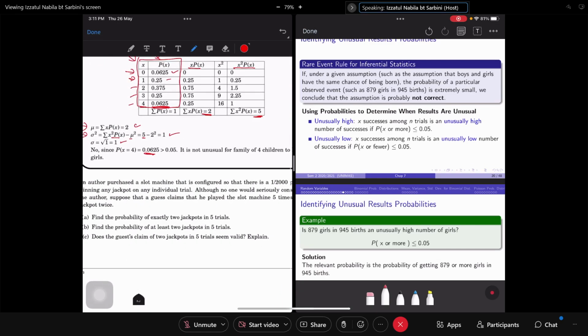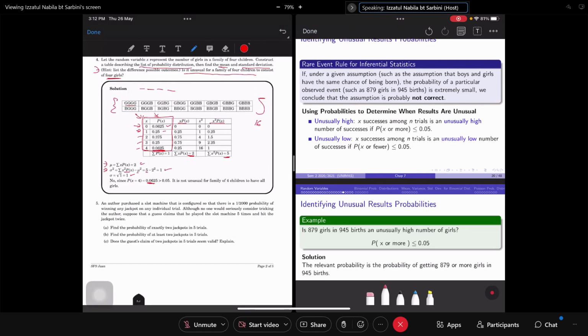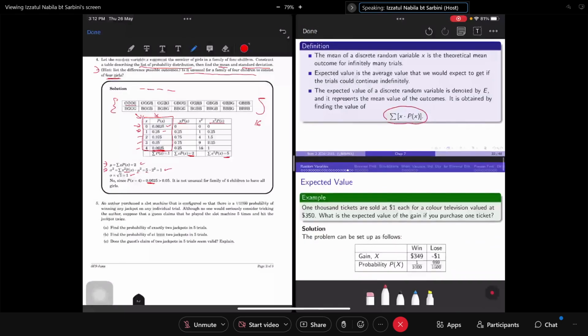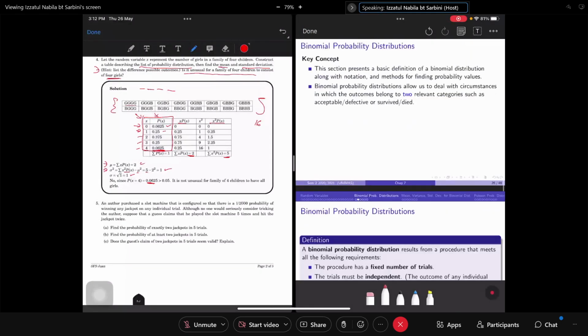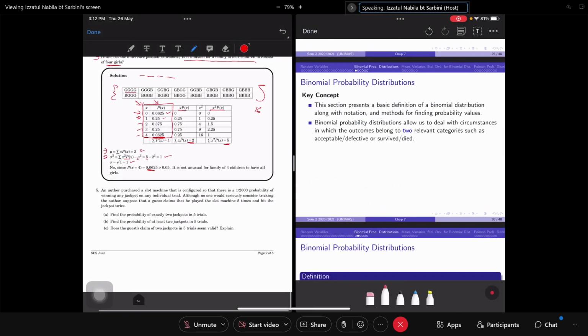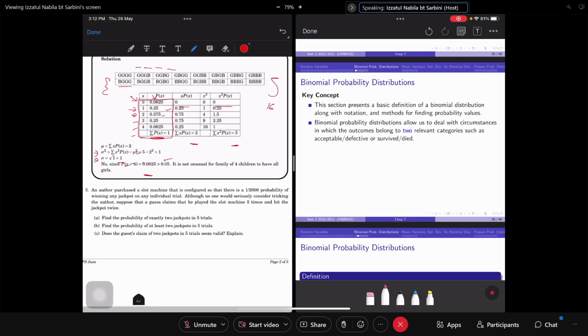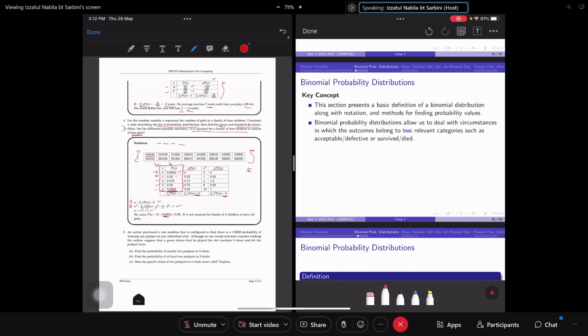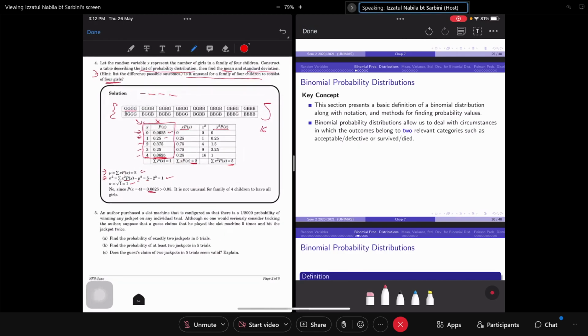Now, question number 5. I think this one is already binomial. Okay, we look at binomial. An author purchased a slot machine that is configured so that there is a 1/2000 probability of winning any jackpot. So you look at the requirements of the